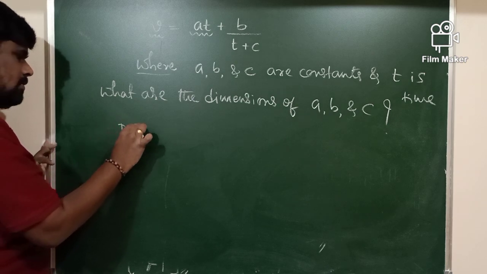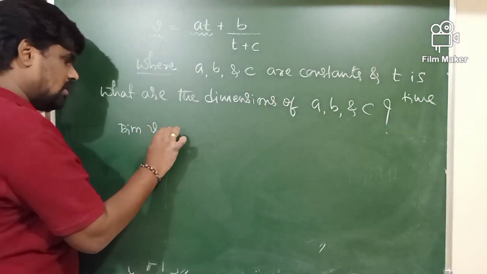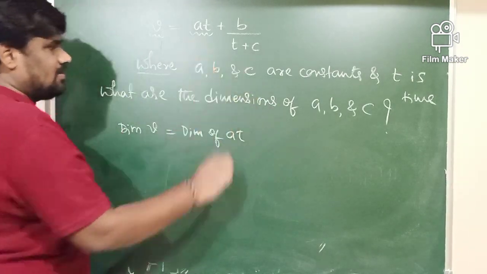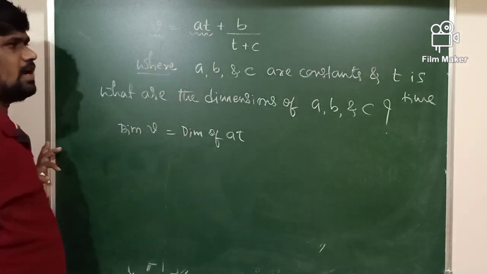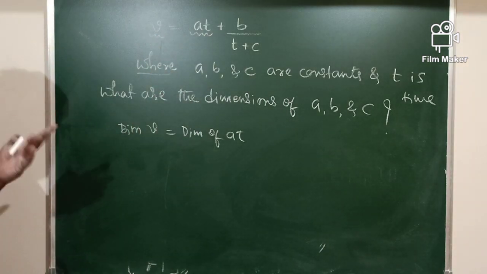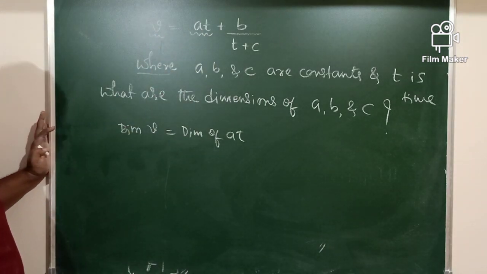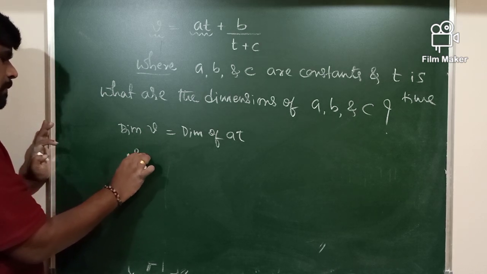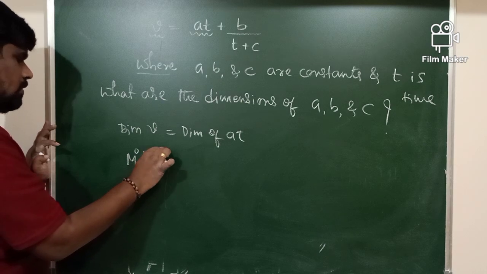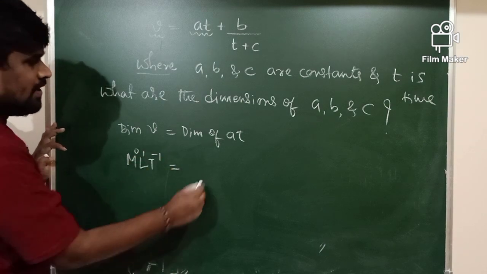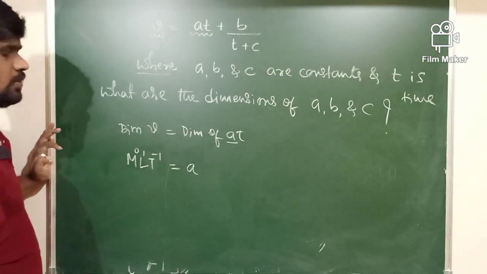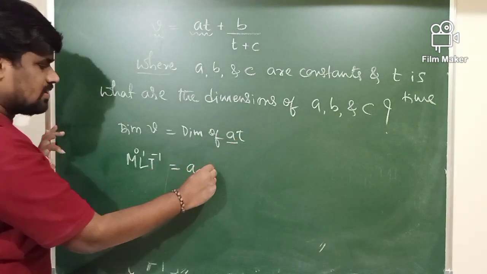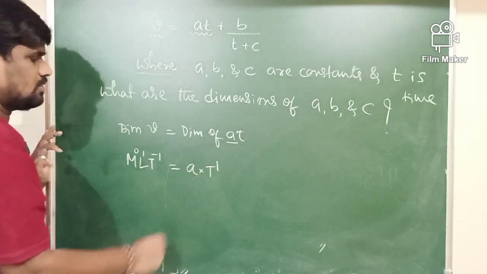Dimensions of V is equal to dimensions of what? AT. The dimensions of V and AT are the same. So dimensions of V, what is dimensions of V? Velocity, M0 L1 T power minus 1, which is equal to A as it is, because we don't know the dimensions of A, into T, is time, that is T power, okay,